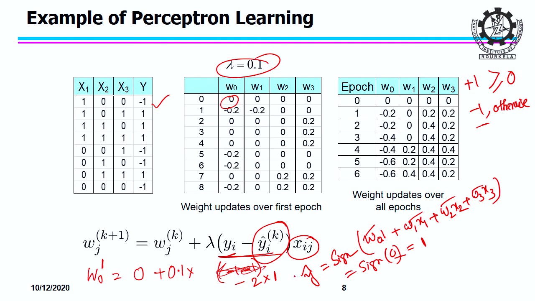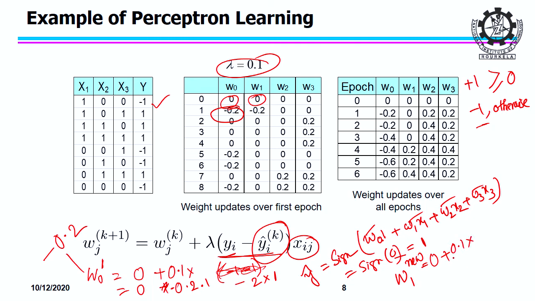So, now what value will we get? This will be 0 plus 0.1 into minus 2. So, this will give you 0.2 and obviously this will be minus, and this value will be 1. So, ultimately W 0 will get the value minus 0.2. Therefore, this W 0 value is coming minus 0.2. Now, what happened to W 1? Now again we have to compute the W 1 new value, that is the W 1 old value, that is 0, plus